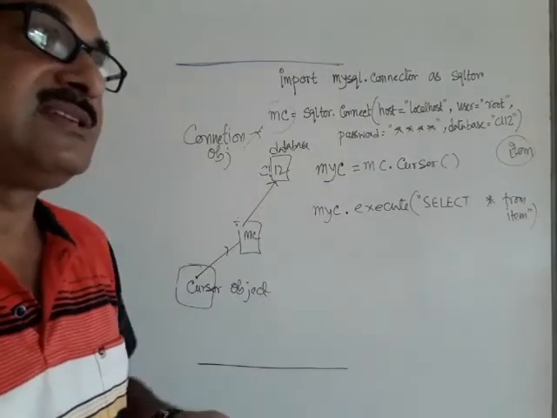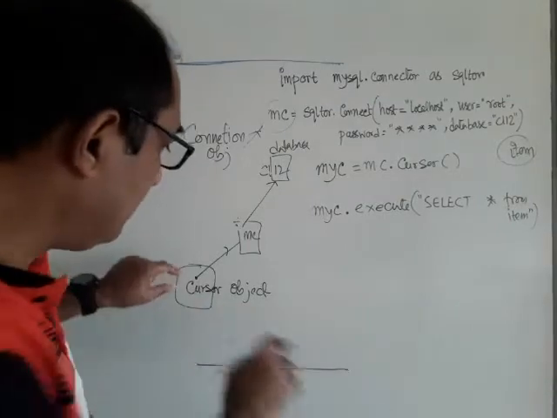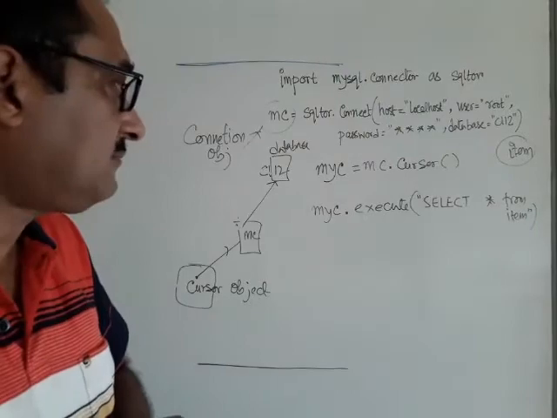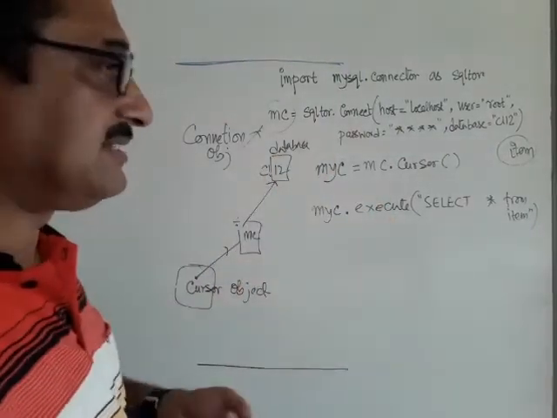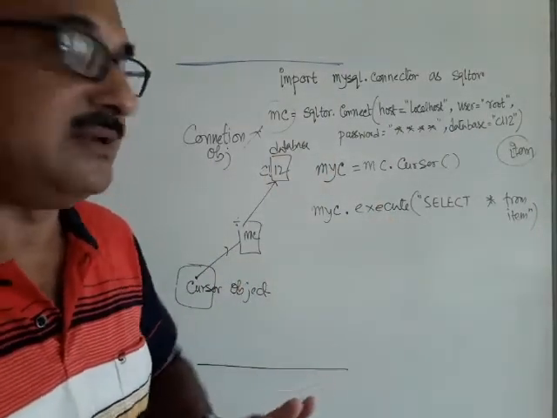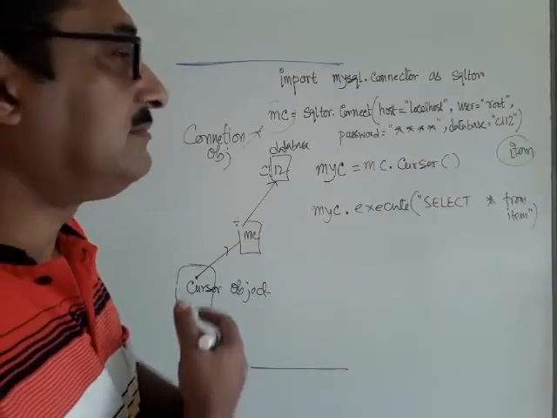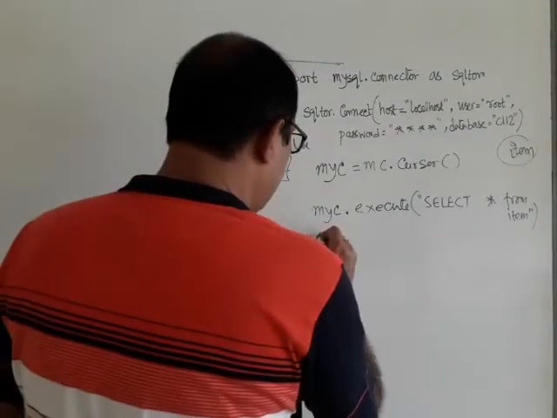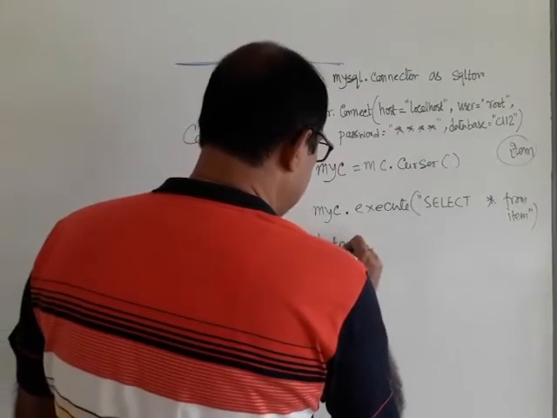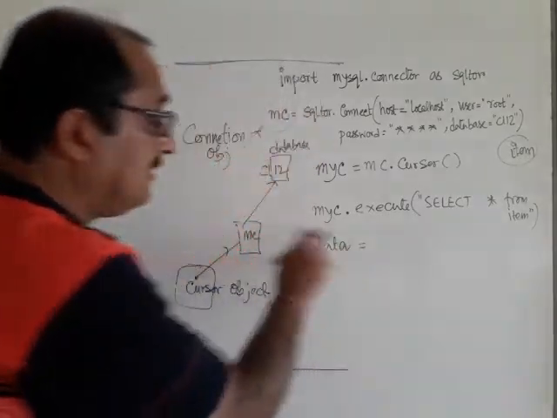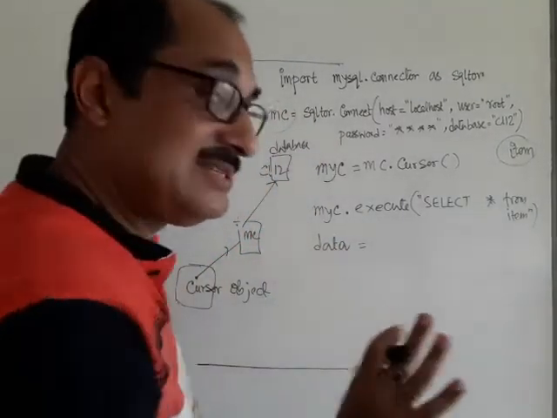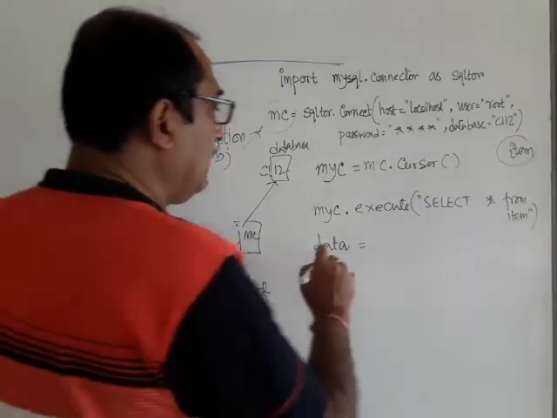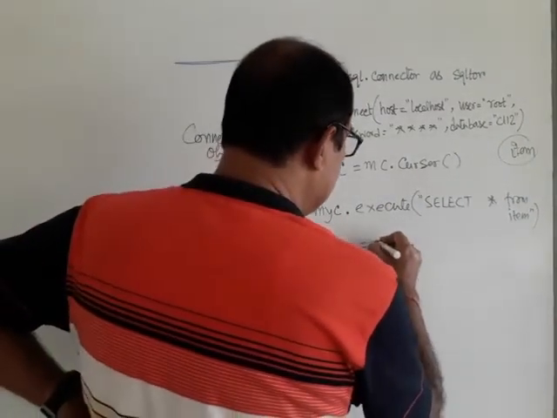Now, once the whole result set is with the cursor object, you can go through it one by one. That advantage you will get. Now, how to see the whole result? I don't want to go through it like this. I just want to see it all together. Fine. If you want to see it all together, you can take a variable like this. I'm coming to what kind of variable this is later. You can take a variable equal to, the syntax is, your cursor object,